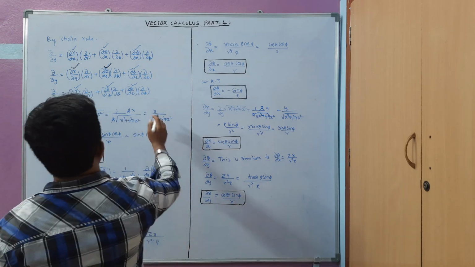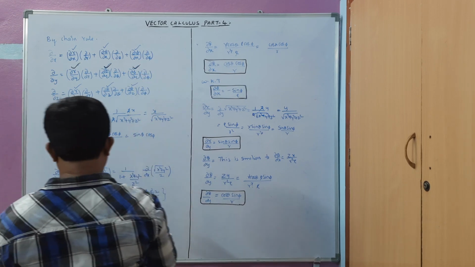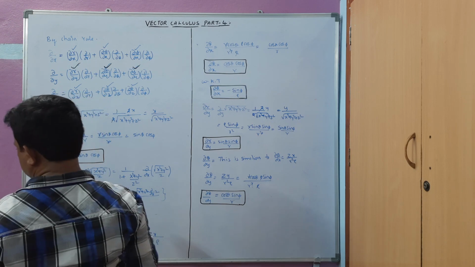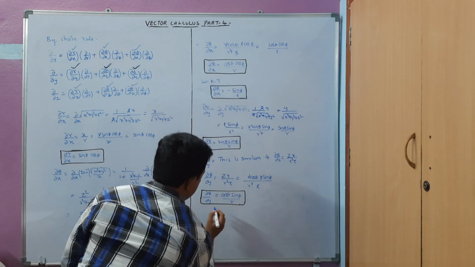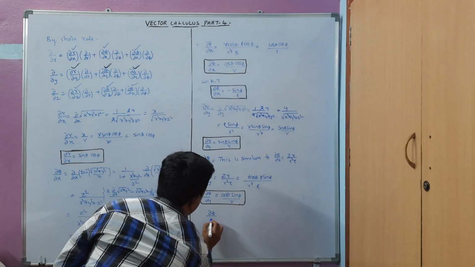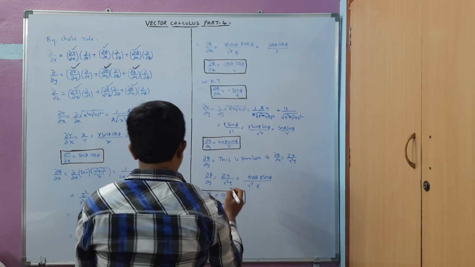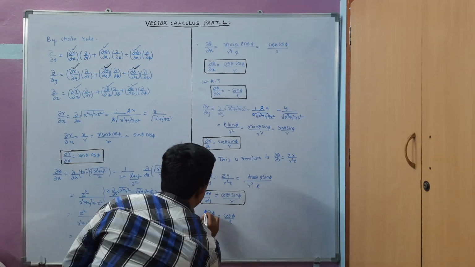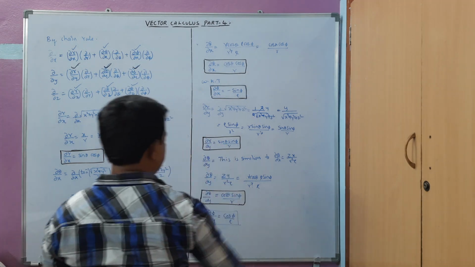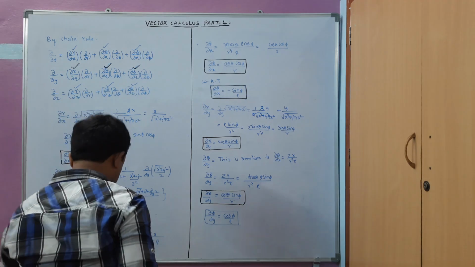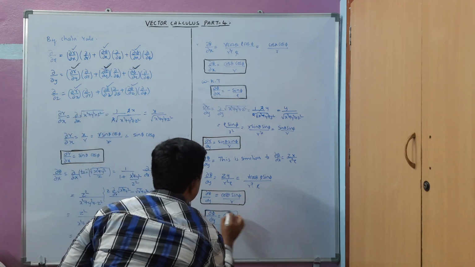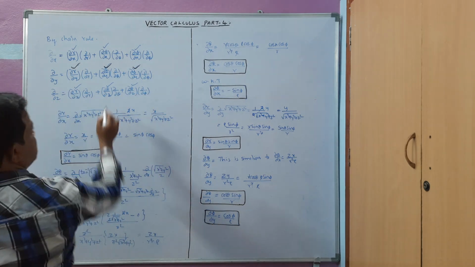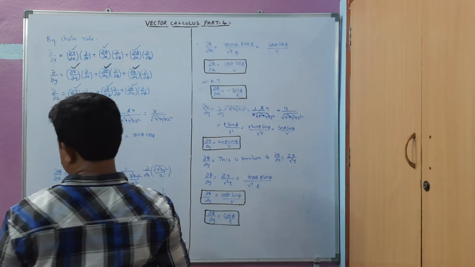Now I have to get this equation, dou phi by dou y. Already we have got this one. In the del operator in the cylindrical coordinate system, dou phi by dou y will be cos phi by rho. Already we have got this equation, so I am writing directly, I am not going to derive this again because this will make it lengthy. Now we are left with dou r by dou z, these three terms. Now let me erase this one.